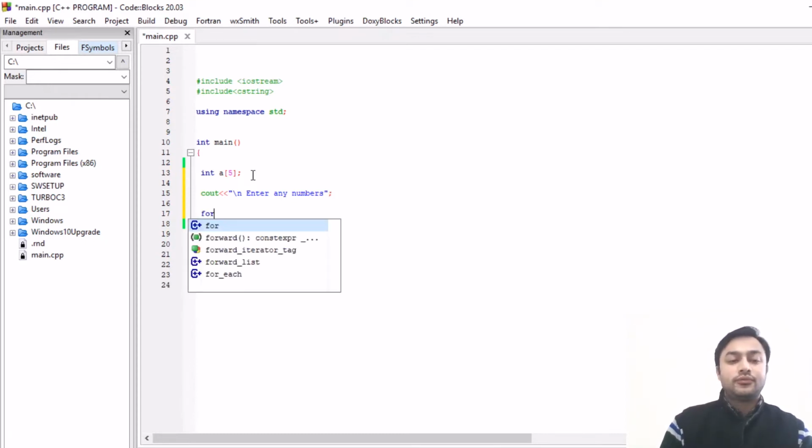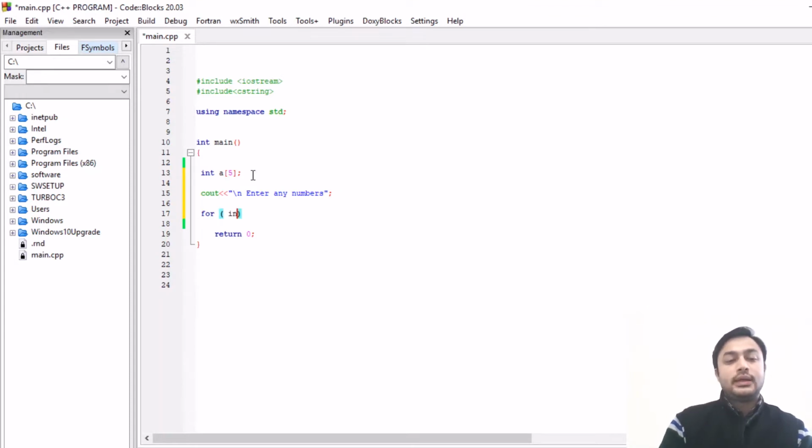Now I am using a for loop: int i = 0, then i less than 5, because the size of the array is 5, so here I am taking 5, then i++, and cin >> a[i]. So it will take 5 values from the user.